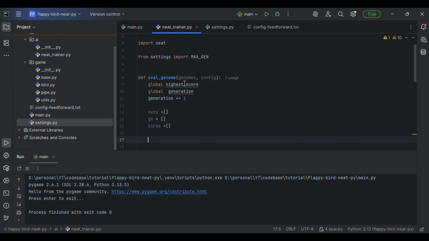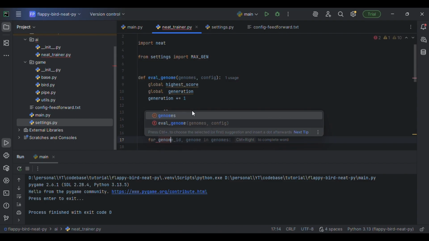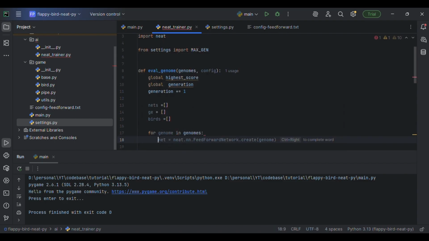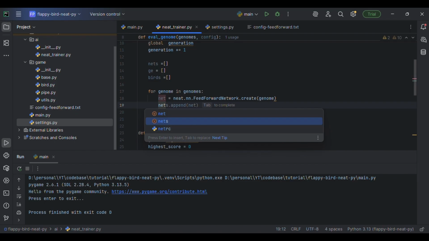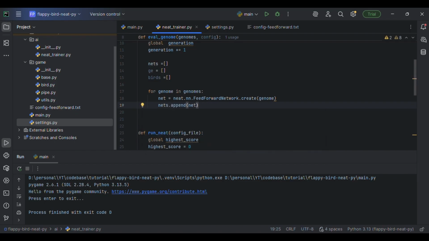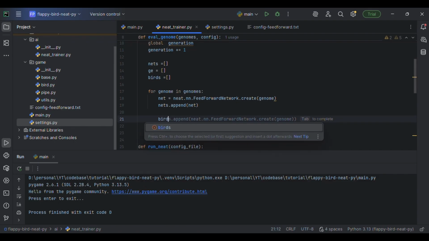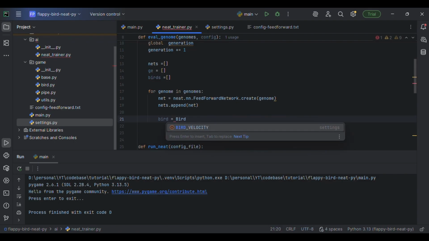So what we'll do is we'll loop through each genome and then we'll calculate its fitness and all. So let's say we have genome in genomes. Okay, let's create the net for this genome and append it to the nets. So nets dot append, let's create a bird. Let's say bird is equal to bird,